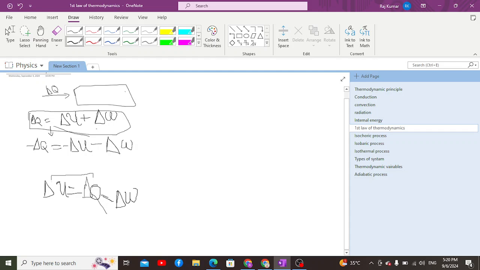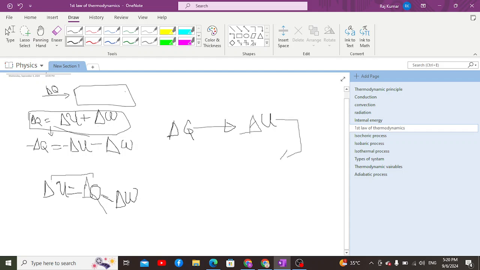Such that over here, the energy which is flowing in the form of heat or thermal energy is being converted into the internal energy, and that internal energy which is being increased or decreased is then utilized to do some work. In actual, the system works like that. Del Q causes an increase or decrease in the internal energy. Let's say del Q causes an increase in the internal energy,